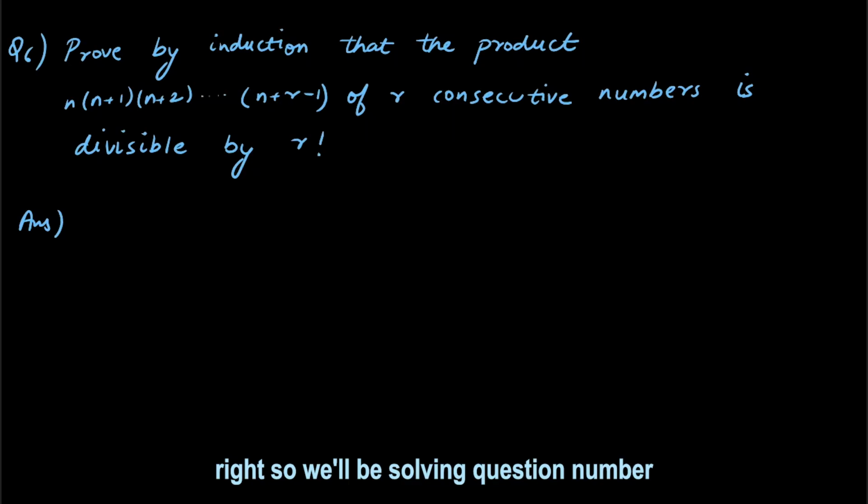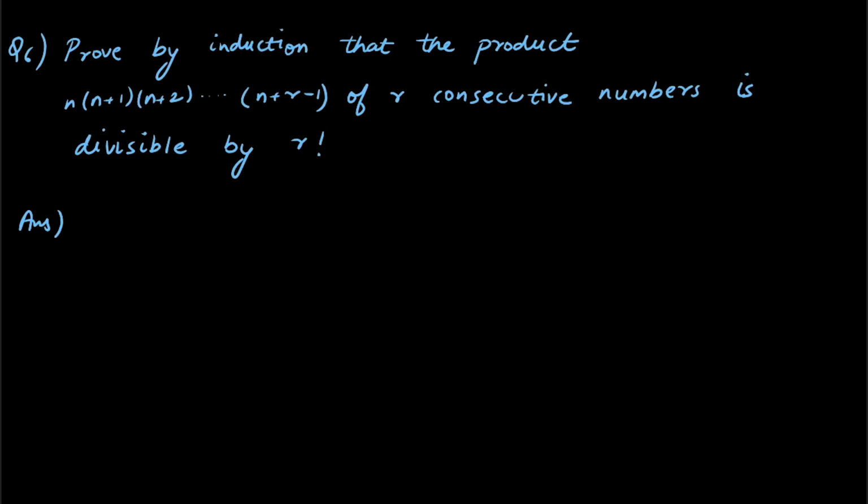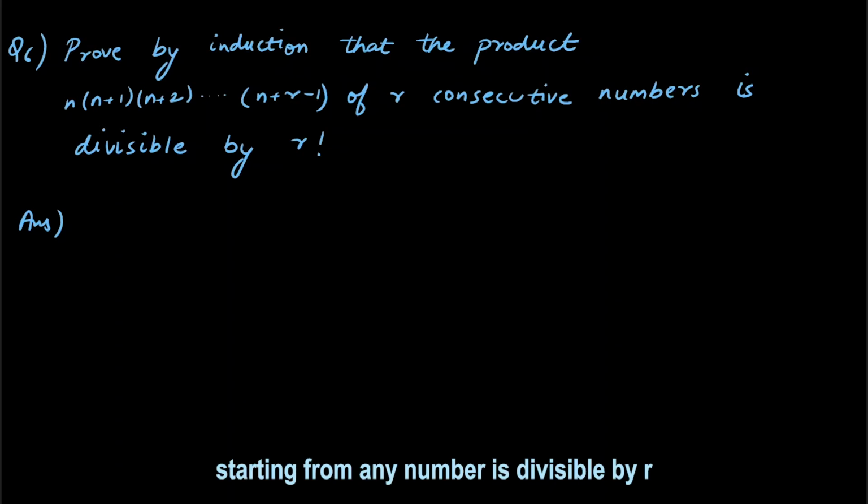So we'll be solving question number 6 of exercise 2.1 of the book Challenges and Thrills of Pre-College Mathematics. In question number 6, we need to prove by induction that the product of r consecutive numbers starting from any number is divisible by r factorial. In order to prove the statement, we will be using induction,